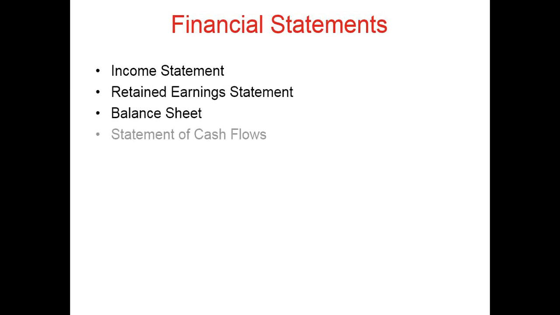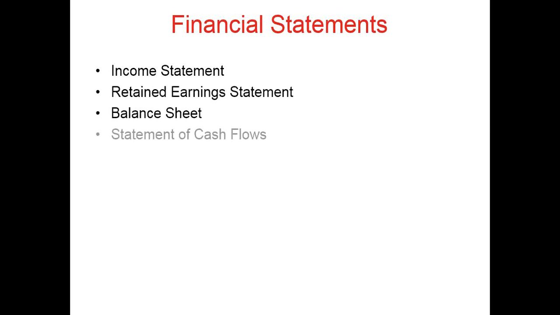An income statement reports the changes in a company over a period of time. I've earned this much revenue, I've got this much expenses, and I have this much in profit or loss. The net profit or loss is carried to the statement of retained earnings. We haven't talked about that.